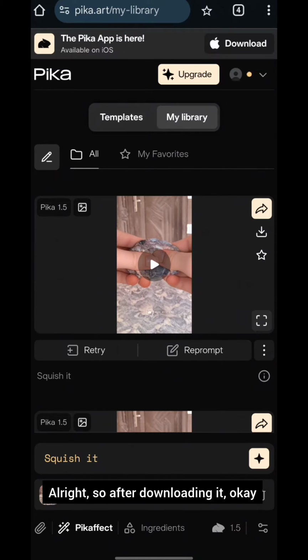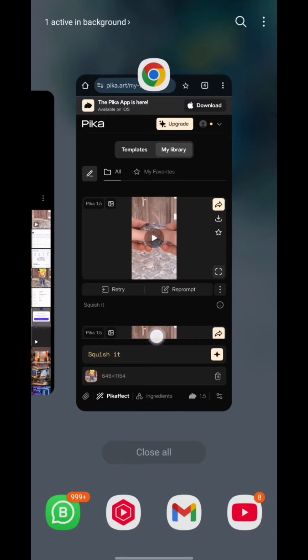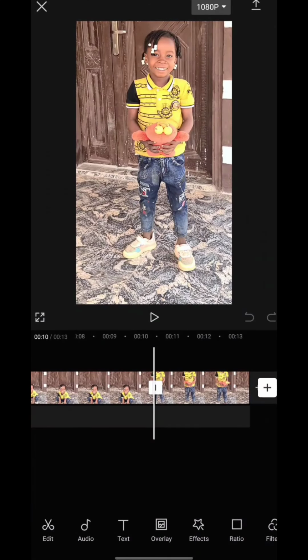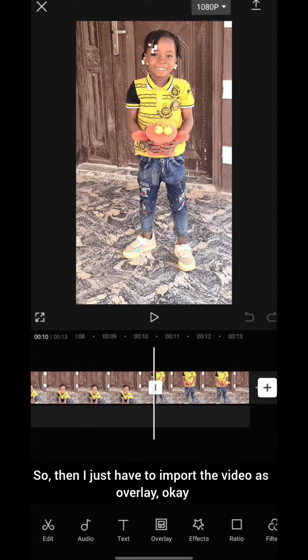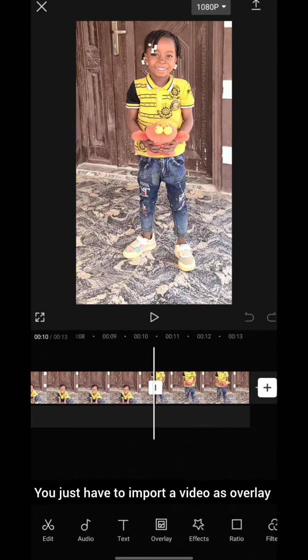Alright, so after downloading it, that means I have the video downloaded on my device. So I can now go back to my CapCut. So I'm back to CapCut, guys. Then I just have to import the video as overlay. So I tap on overlay, add overlay,